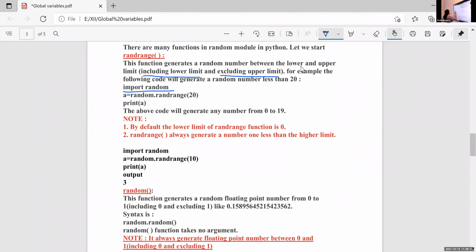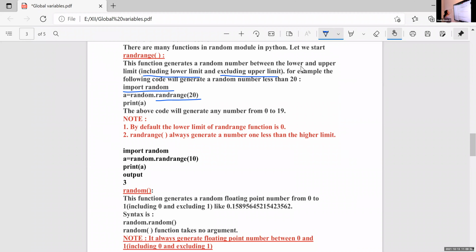So a is equal to random dot randrange 20, just like math dot sqrt, math dot pow. Here also you start with random dot, because randrange is under the random module.